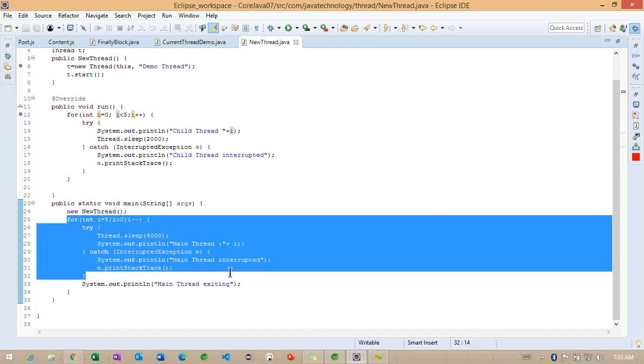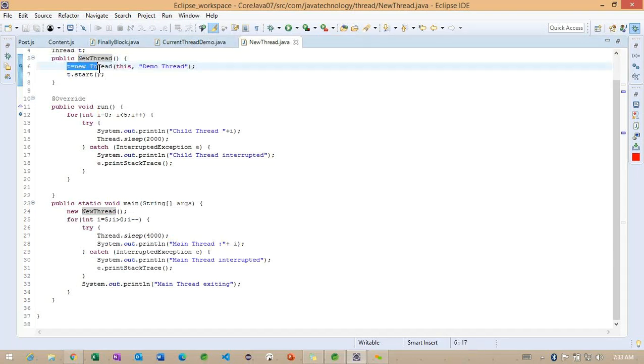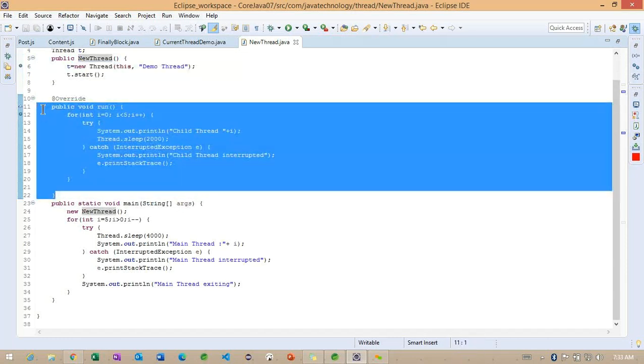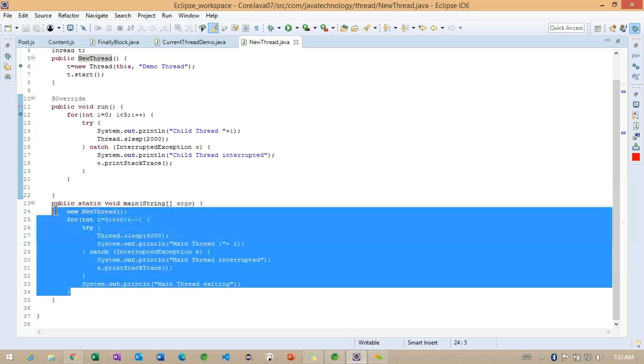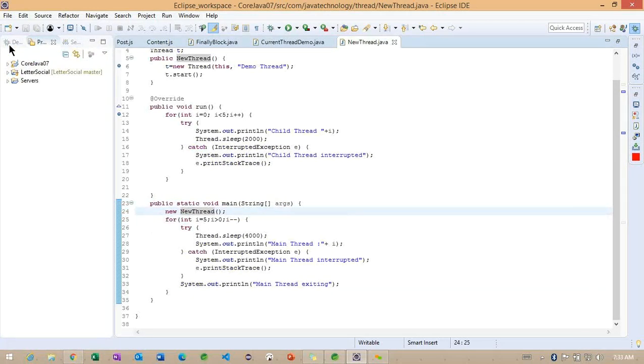This is very important here. When this new Thread constructor is called by the main thread, one more thread enters the picture. So this block of code is executed by the child thread, and this block of code is executed by the main thread. This is the way we can identify it.